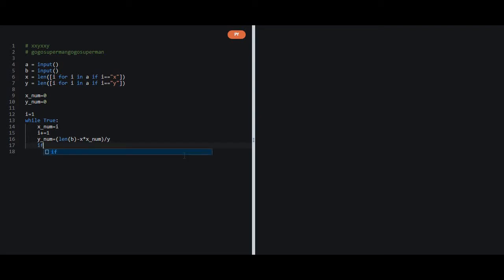So if we get our y as a floating point number, we can just move on to the next case.